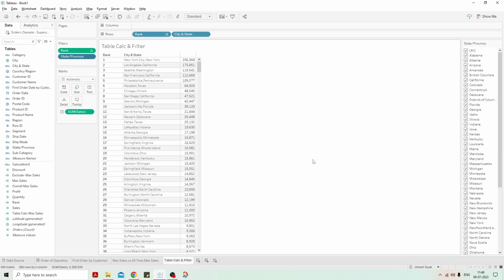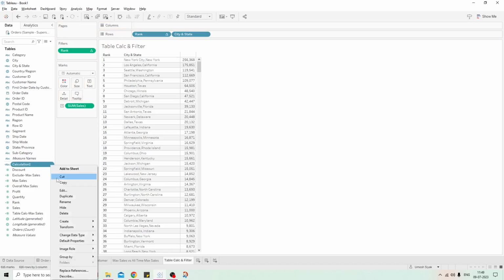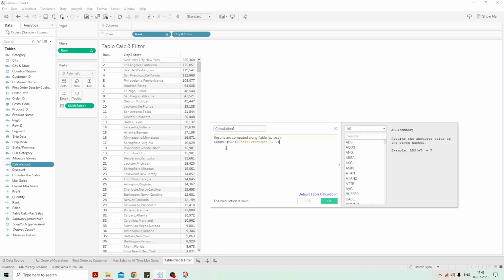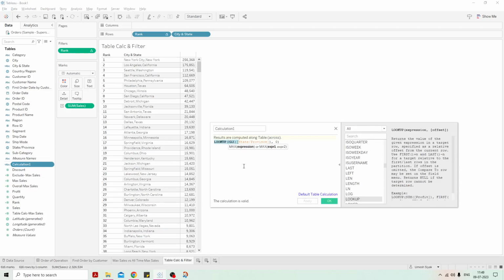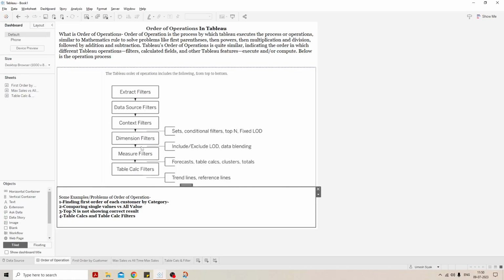To do that, we will simply remove this filter and create another calculation. We will say lookup sales, lookup max this, and give us the zero sequence. This is again a table level calculation, which we'll be talking about in another coming video. And any idea why we are using this? We are using this because we want this thing to work